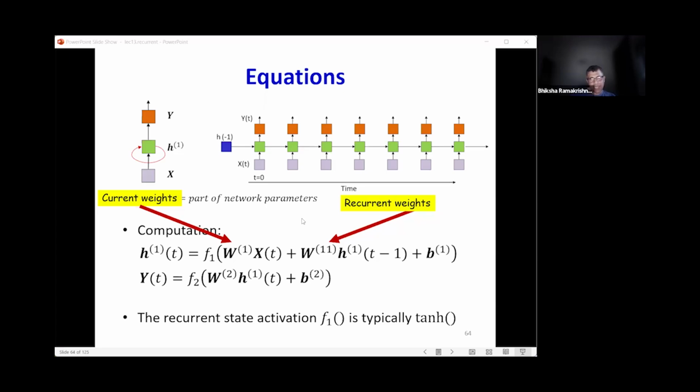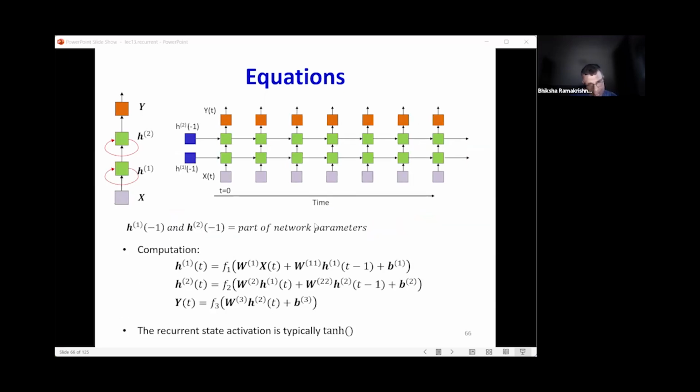Okay. Same thing here. If I have two hidden layers in the hidden state, then the first hidden state is computed by applying some activation to an affine function of the current input and the same state at the previous time. The second hidden state is computed by applying a different activation to the first hidden state at the same time and the second hidden state at the previous time. And the final output is computed by applying an activation to an affine function of the second hidden state. Now over here, can you guys identify the current and recurrent weights